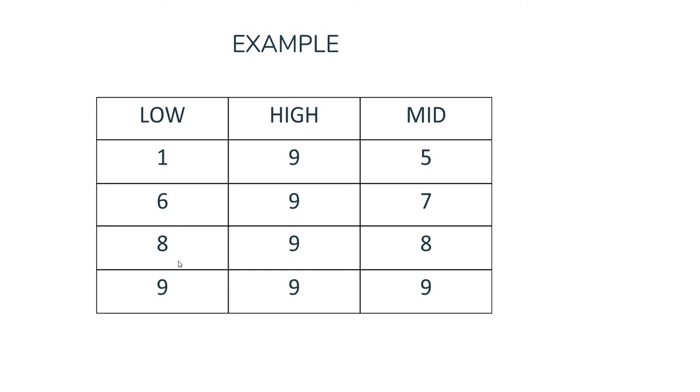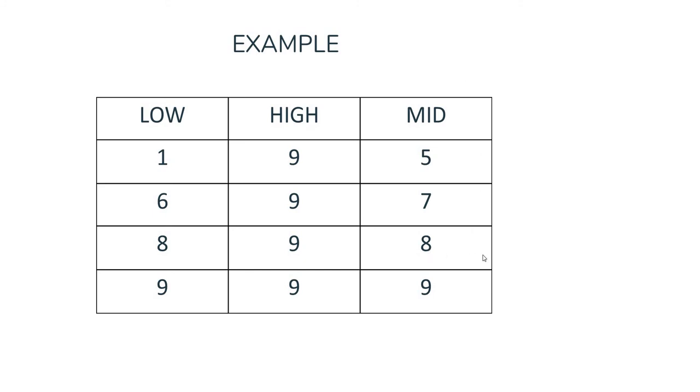Case 2 condition is true. So low equal to mid plus 1, that is 7 plus 1 8, high equal to 9. While condition is checked. While low is less than or equal to high, condition is true. Mid position is calculated. Mid equal to low plus high divided by 2. Here the mid value equal to 8. Once again we have to compare the mid position value with the search key element value. Here also the search key element value is greater than this mid position value.